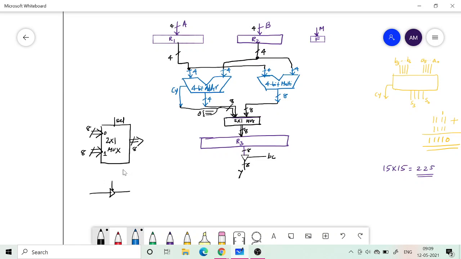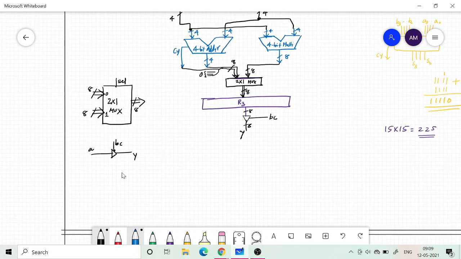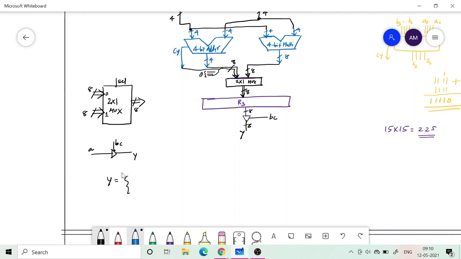Okay, so this is BC, this is your Y, and this is your A. So the operation is like this: Y is equal to high impedance state if BC is equal to 0, and it is equal to A if BC is equal to 1. So that's the operation of the buffer.